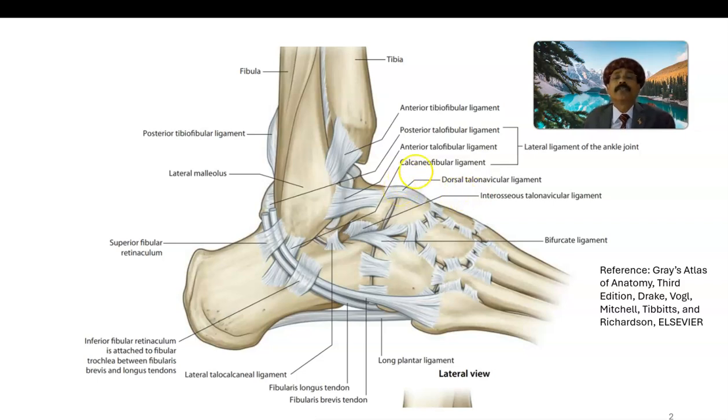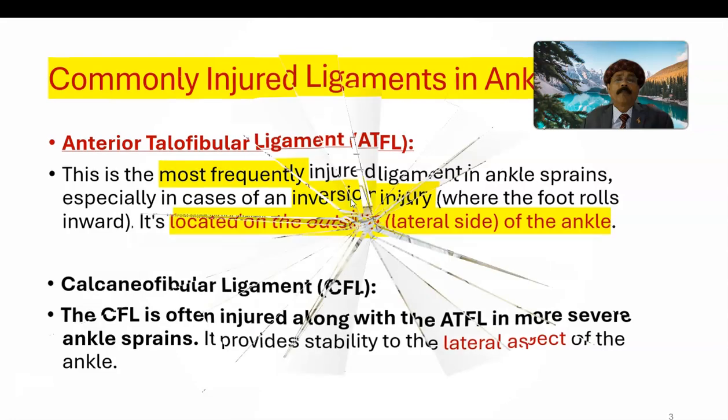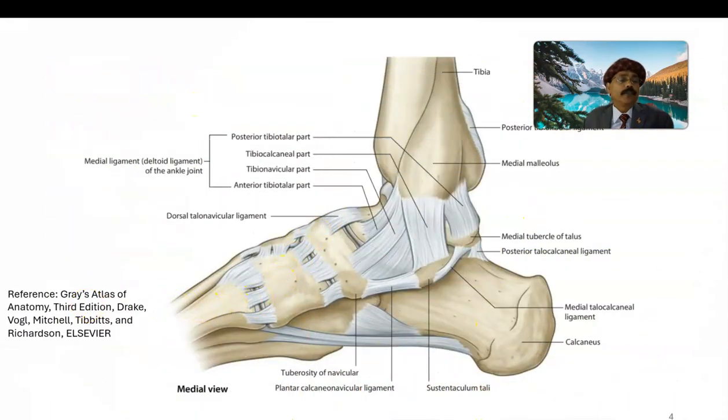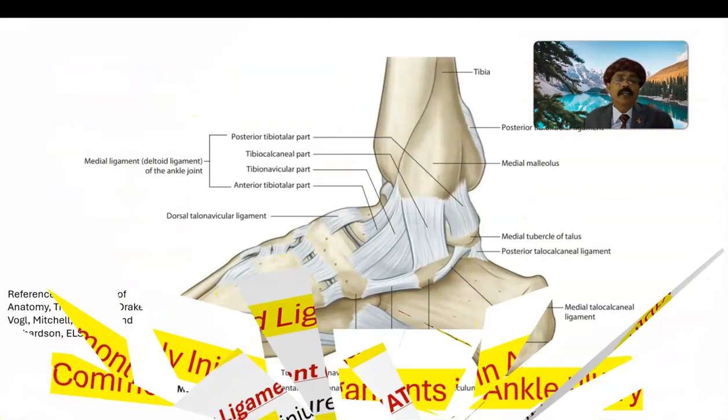There is a chance of damage to the calcaneofibular ligament and also the posterior talofibular ligament, but this is most common. Okay, so if we go to the second slide,